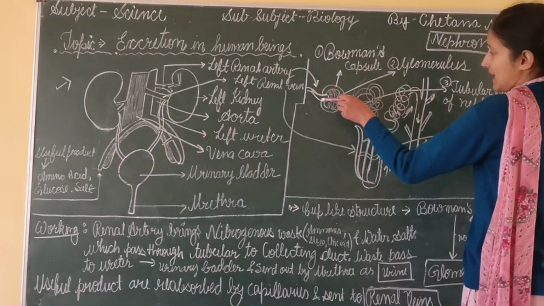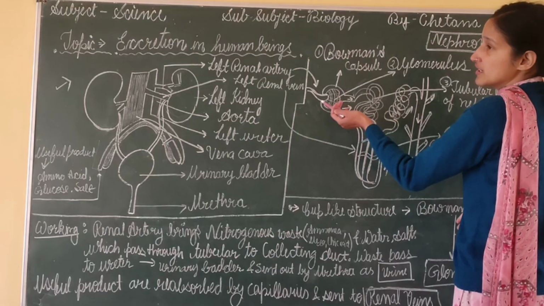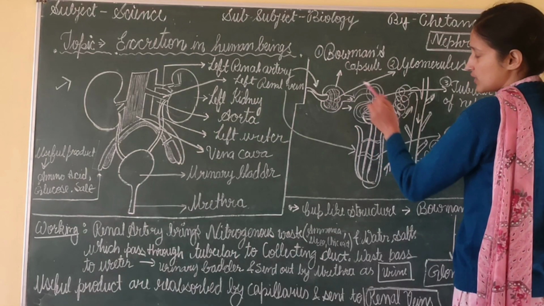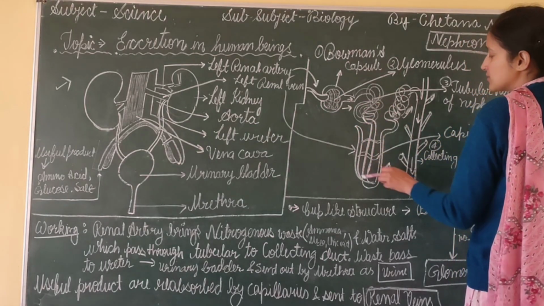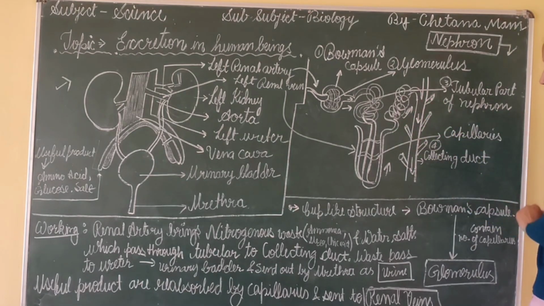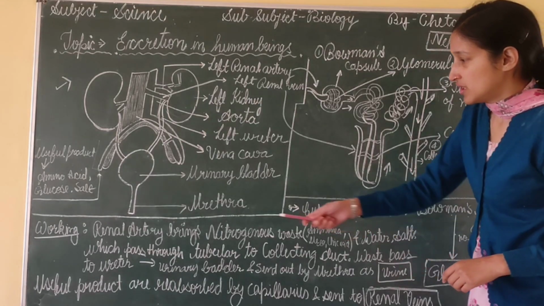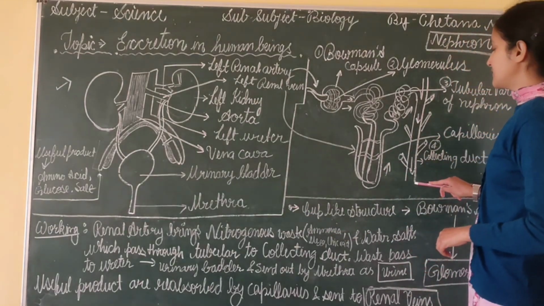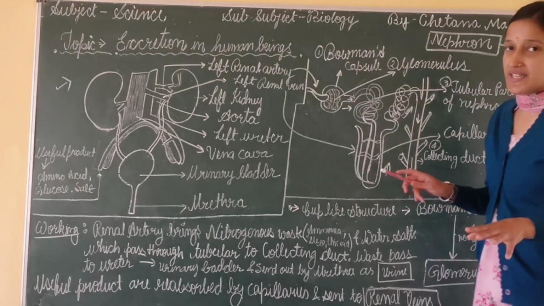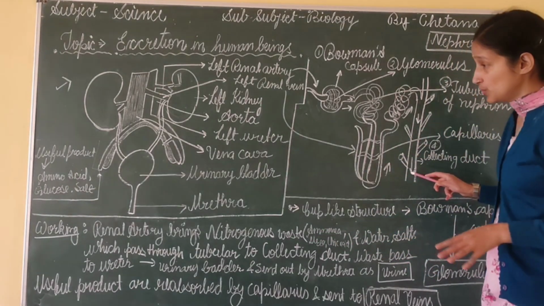यानी कि आपका क्या है, यहाँ पे सारा का सारा जो renal artery है वो सारा नाइट्रोजनस वेस्ट, आपका जो सॉल्ट और वाटर उसको यहाँ कलेक्ट करती है. उसके बाद इसको ट्यूबुलर पार्ट के थ्रू कलेक्टिंग डक्ट में भेज दिया जाता है. अब कलेक्टिंग डक्ट में क्या होता है, वेस्ट पास टू यूरेटर. तो कलेक्टिंग डक्ट में जितना भी आपका वेस्ट होता है, ठीक है, जैसे कि ये वेस्ट हम जो पढ़ रहे हैं सारा का सारा कलेक्टिंग डक्ट के थ्रू आपका